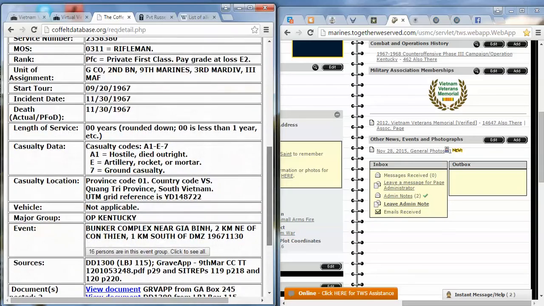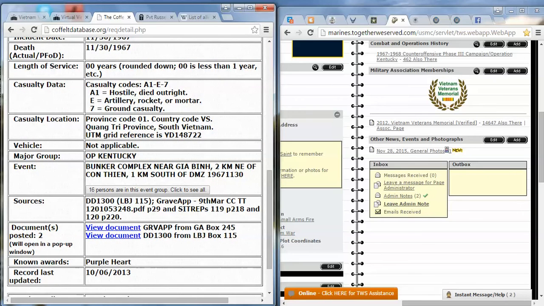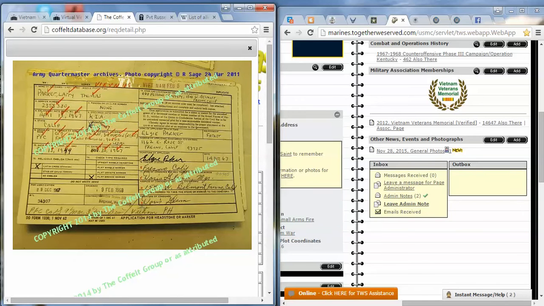A lot of times Kaufelt will have documents attached, and they have Kaufelt database attributed to. You can download this and then upload it if you wish, but you have to attribute it back to Kaufelt. It is their requirement for use of their image.